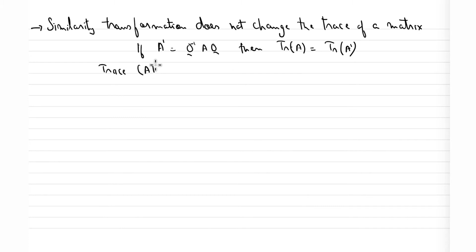Okay, so to prove this, let us start with proving that trace of AB is equal to trace of BA, and that is true even if A and B do not commute with each other. See, these are matrices and it is not necessary that the product AB will be equal to product BA. So even if the product is not equal, the trace would still be equal. That's what we are going to prove first to be able to prove the above statement.